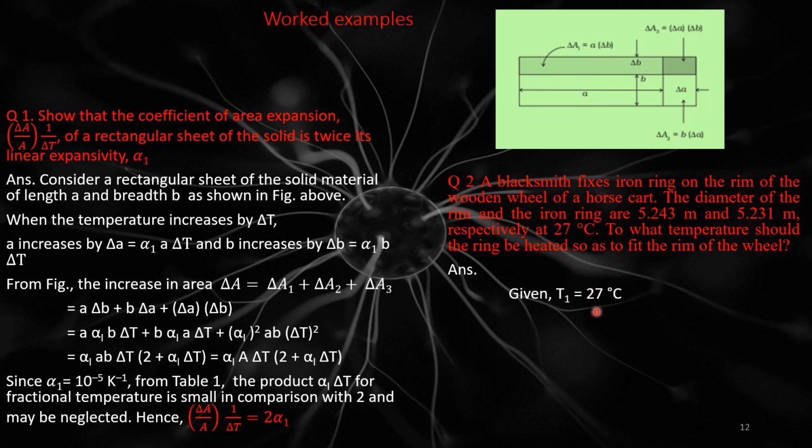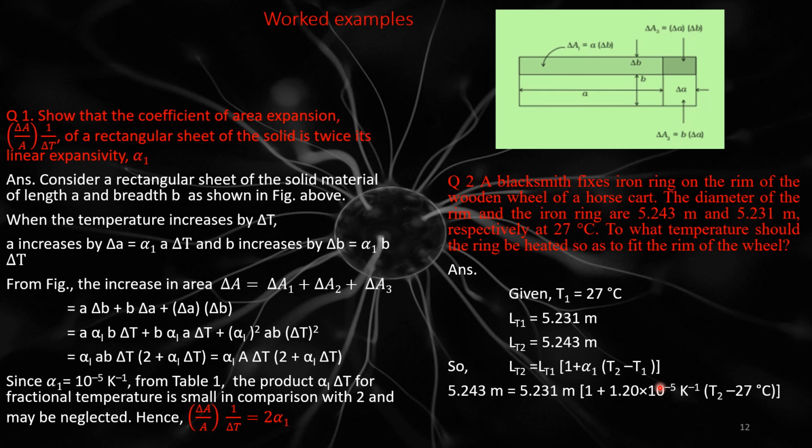Answer. Given T1 is equal to 27 degrees centigrade, and L at T1 is equal to 5.231 meters, and L at T2 is equal to 5.243 meters. So, L at T2 is equal to L at T1 into 1 plus alpha L into T2 minus T1. Substituting in the formula, 5.243 equals 5.231